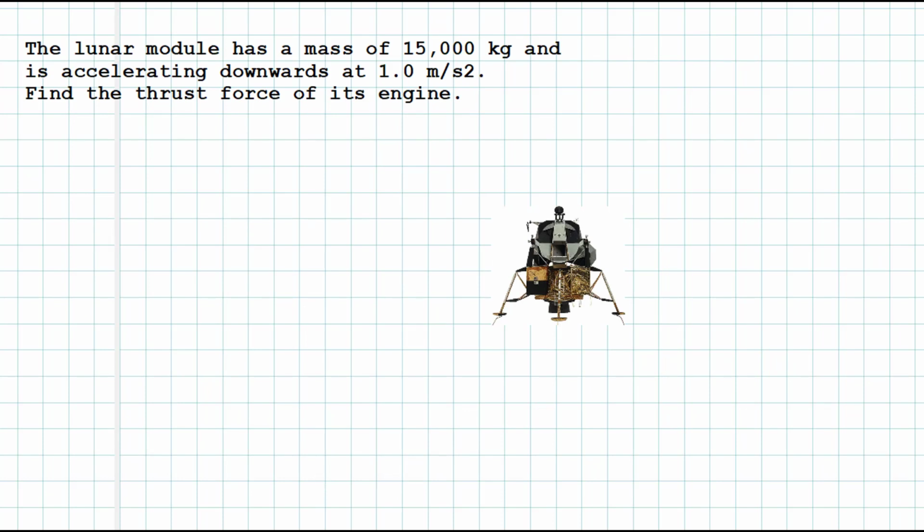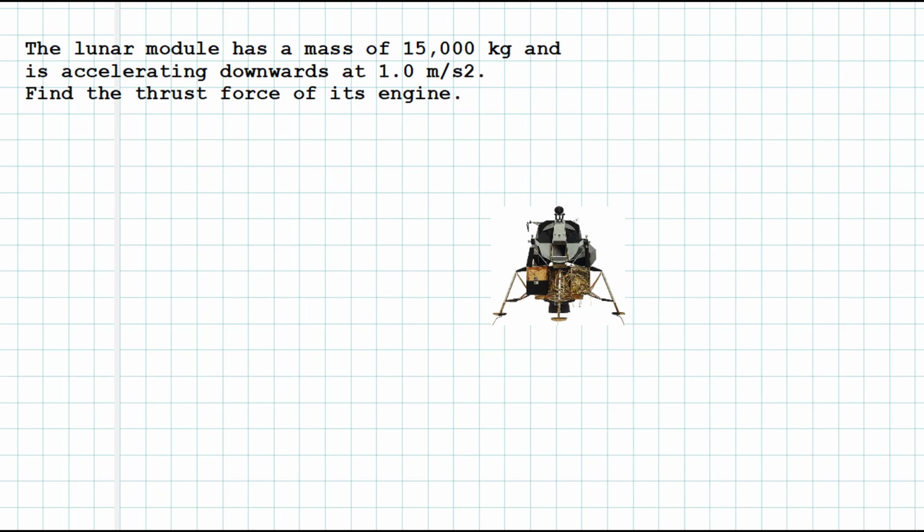So here we have the Lunar module. That was a spacecraft which took the men to the moon's surface between 1969 and 1972. The Lunar module's got a mass of 15,000 kilograms, and in this particular case it's accelerating downwards towards the surface with an acceleration of 1 meter per second every second. And once again, you're asked to find the thrust